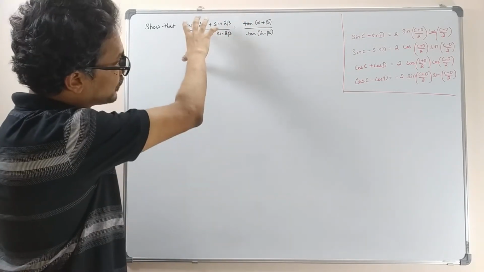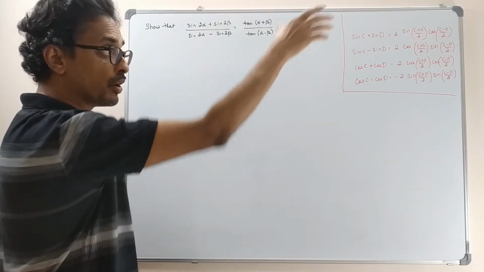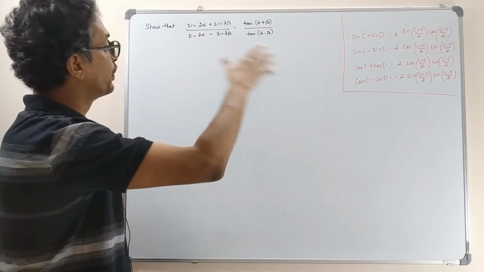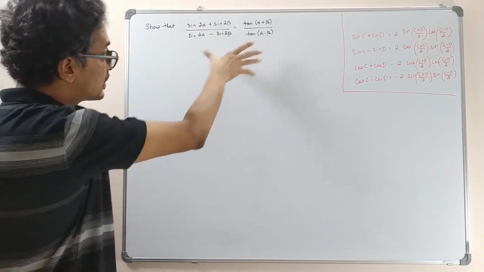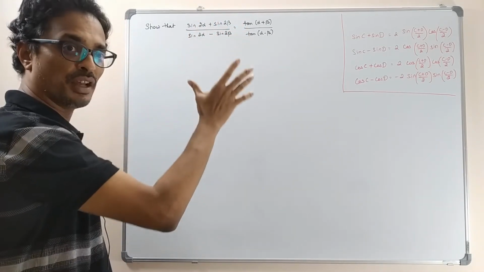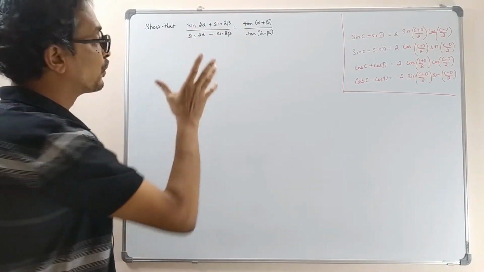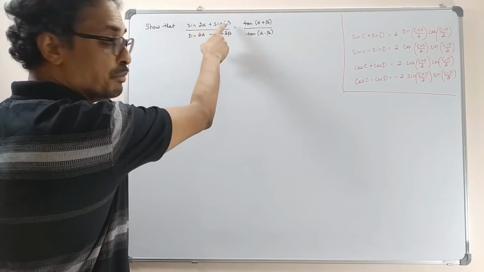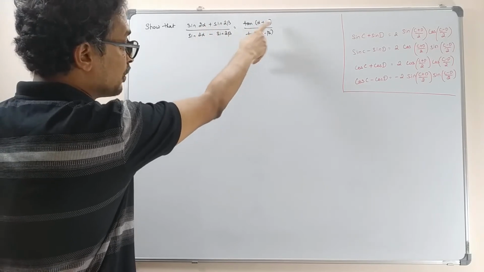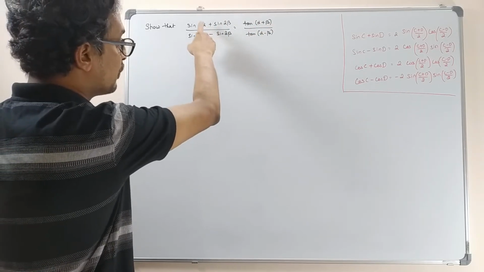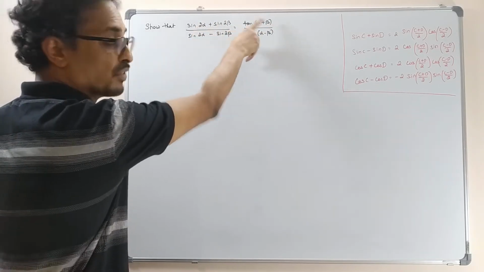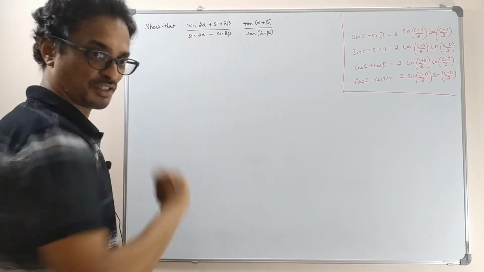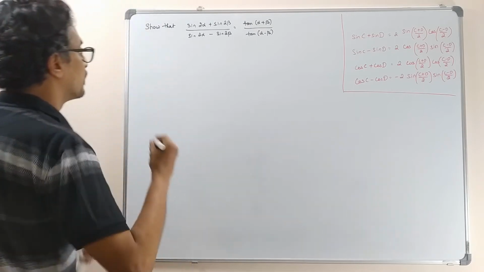So 2α plus 2β by 2 will give you α plus β. When you see this problem, you should remember all these main trigonometric formulas. First thing you have to see is which trigonometric formula you can use. Here you can clearly see sin α and sin β, and you have to get α plus β, so (α+β)/2. Immediately it should occur to you that I should use the factorization formula. So let us start with the LHS.